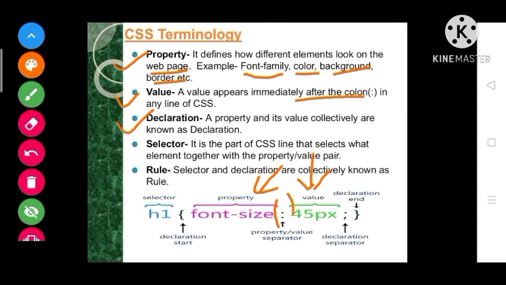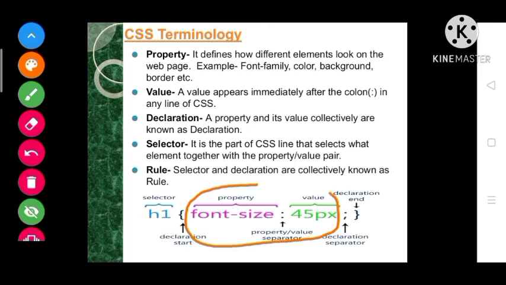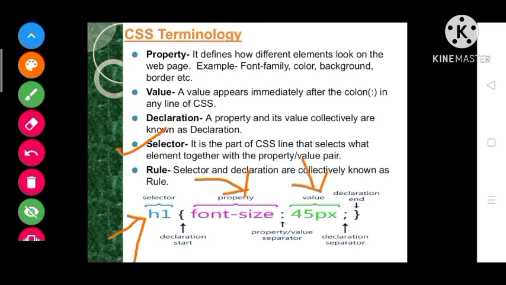Next one is the declaration. Generally property and value combined is known as a declaration. Next topic is the selector. Selector is a part of CSS which selects on which element we are setting the property and the value, means on which element we can do proper formatting.